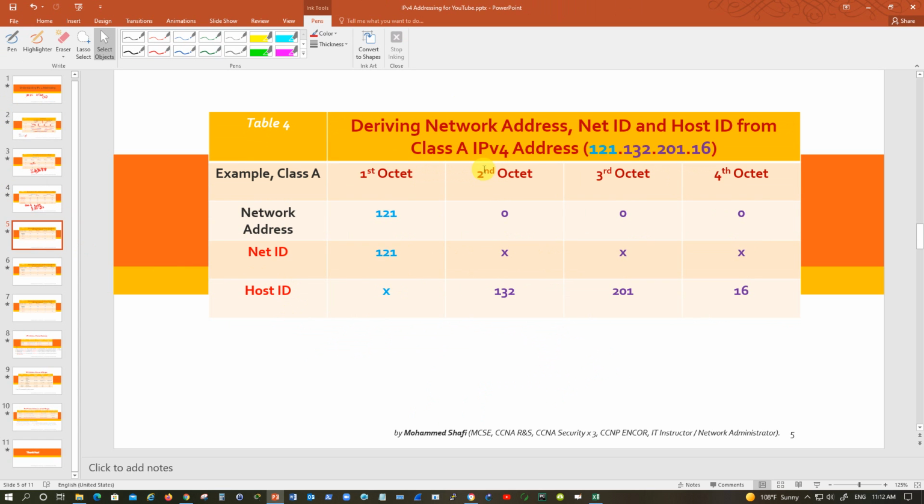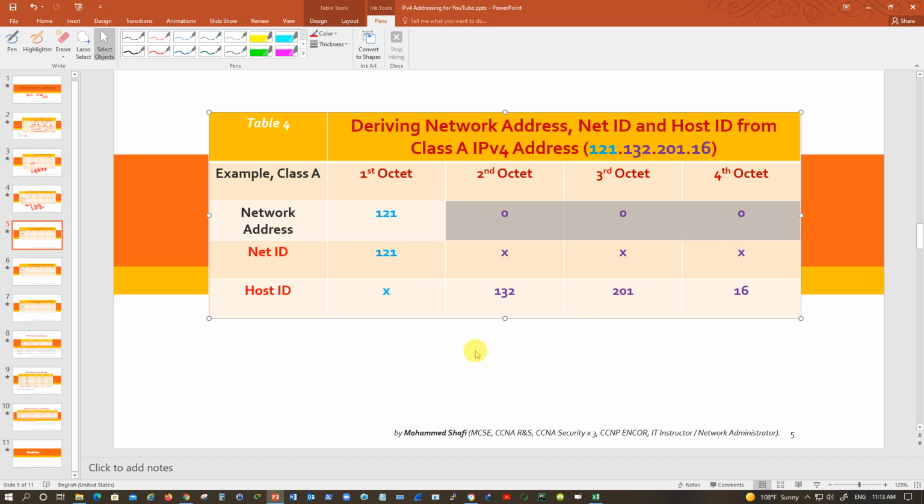Now in any given IP address, such as class A, if somebody asks you to write down the network address, the net ID and the host ID, you can easily write them down like this. Remember, a network address is an address wherein the net ID is as it is, but all of the host IDs will be zeros. That is the definition of a network address: net ID as it is, host ID all zeros, represents the network. So this is the network